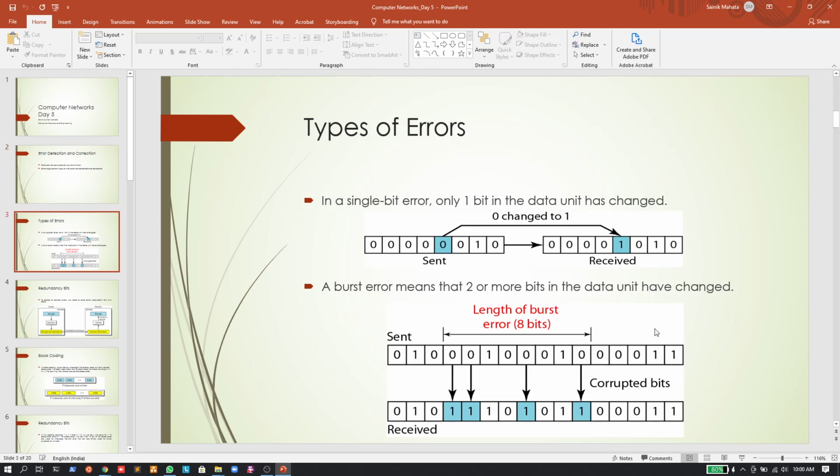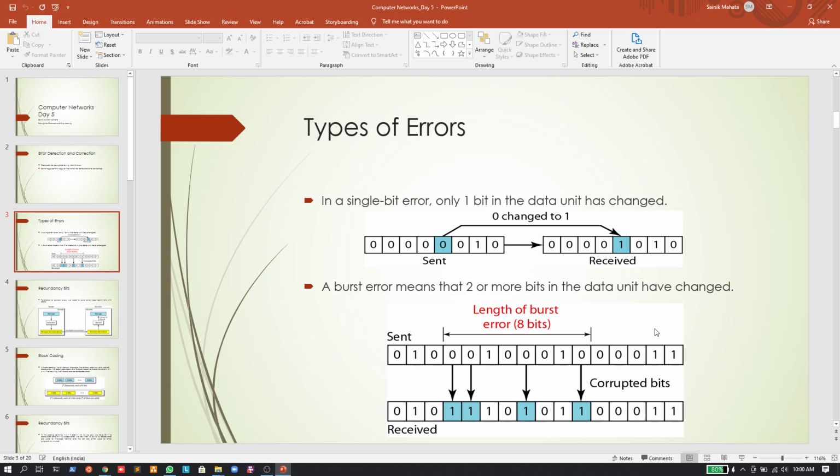Okay, now there are two types of errors, right? Or we can say that generally speaking there are three types of errors, for example. So first let us understand what is there in the slide, and then we will discuss the third one. Okay, so we can see that in the first diagram, error can be classified into what,